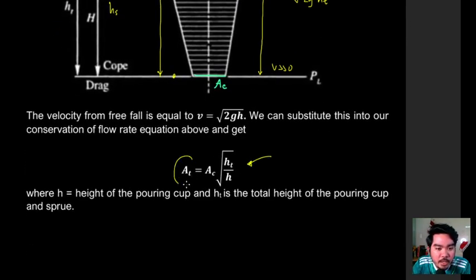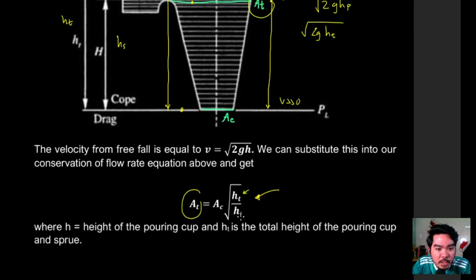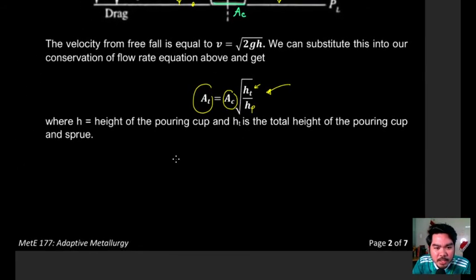So, the area at the top is just equal to AC over square root ng HT, which is area at the top, divided by the H. And in this case, yung small h natin is yung height of the pouring cup. Okay? So from eto na-compute na natin earlier, no? If we multiply it by this ratio, by the square root of this ratio, then we get the area at the top. And this, you can also find this in our equation, actually has a parabolic na